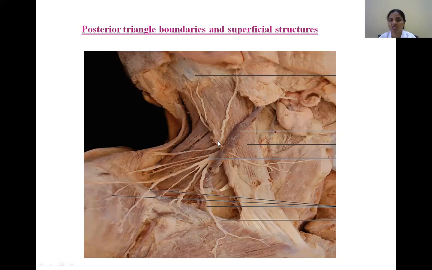And what are the superficial structures? These cutaneous nerves: great auricular nerve, lesser occipital nerve, and supraclavicular nerves with the lateral, intermediate, and medial branches, then the transverse cervical nerve. Okay. And in addition, what is this? External jugular vein with its tributaries. Most of the tributaries are there, but in this particular dissection, appreciate that these are the terminal tributaries of the external jugular vein. Okay.